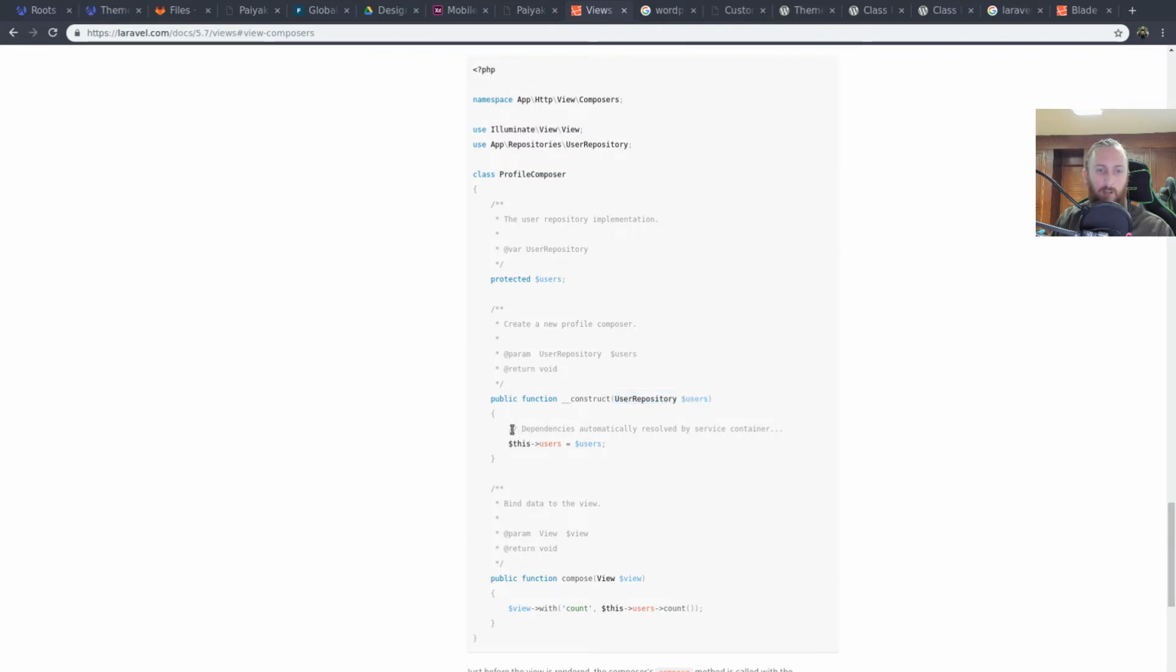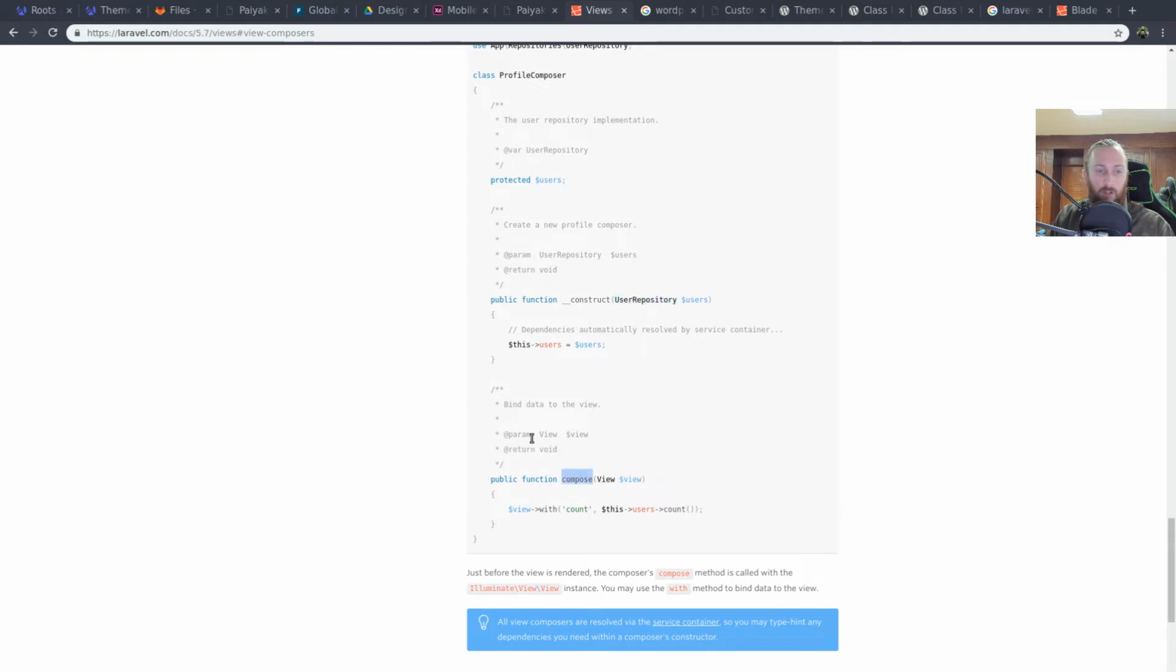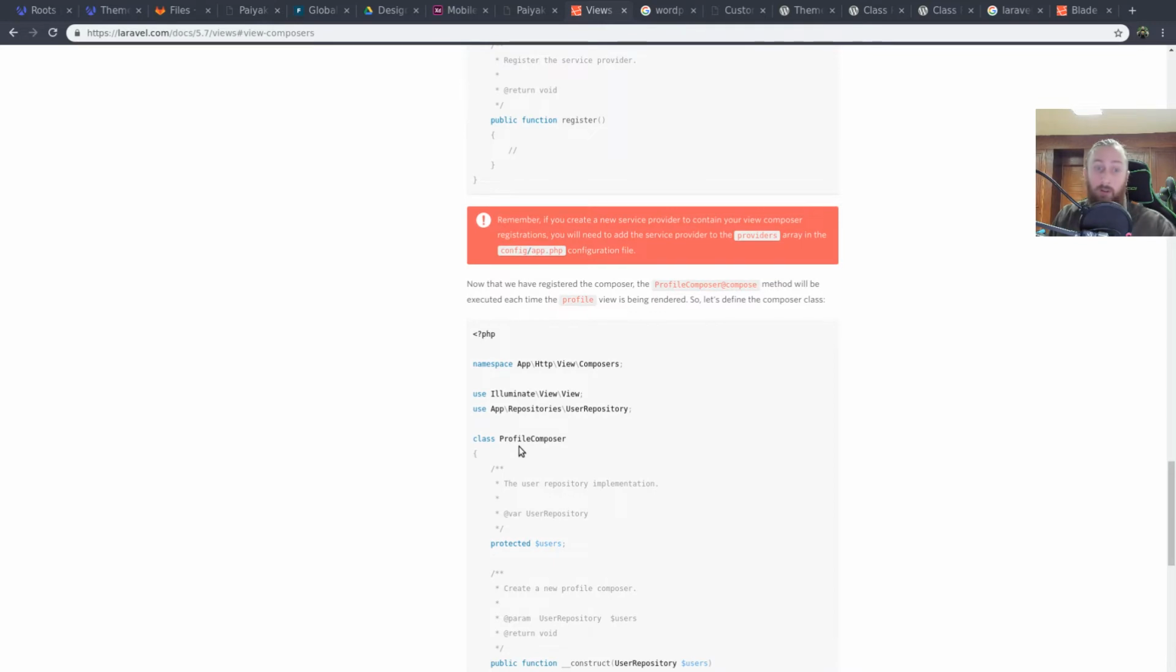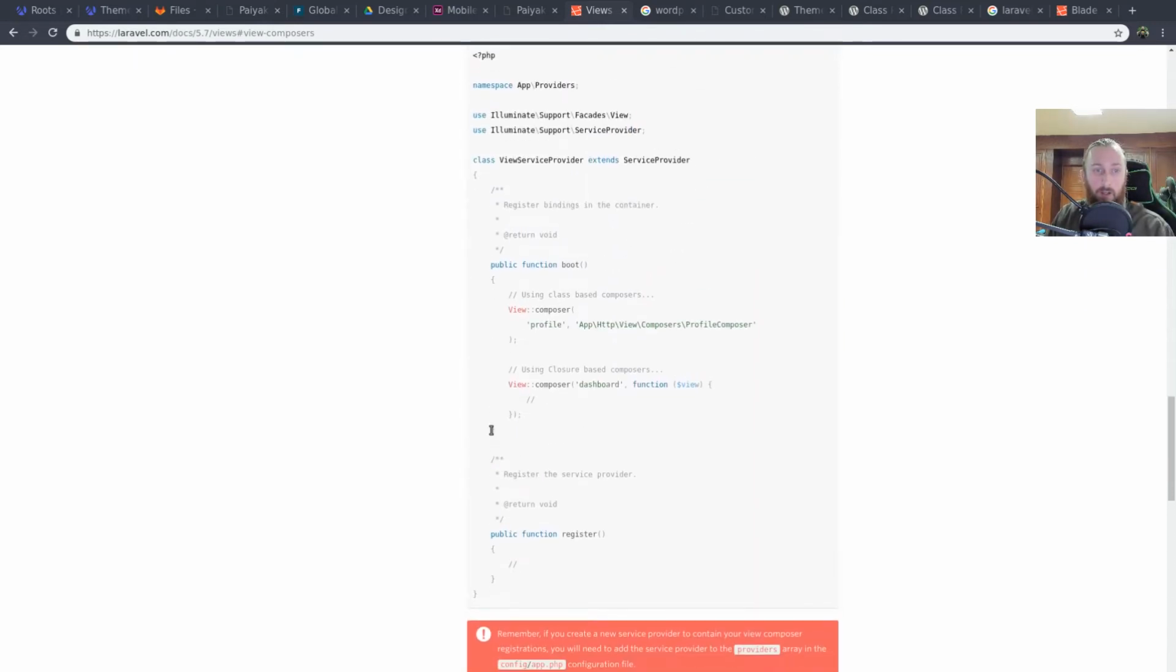which, yeah, the dependency is automatically resolved by the service container. That's a magic thing that I don't even want to know how they made. But essentially, just because they say that users is this class, they automatically create it and send it to the function. How it works, I don't know. But anyway, when the view is composing, it just adds the variable count to the view, and that's all. It just works, which is pretty cool. So the question is,